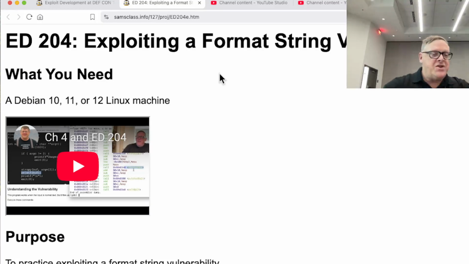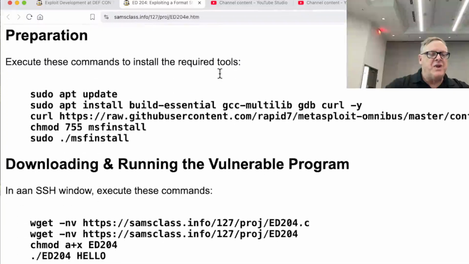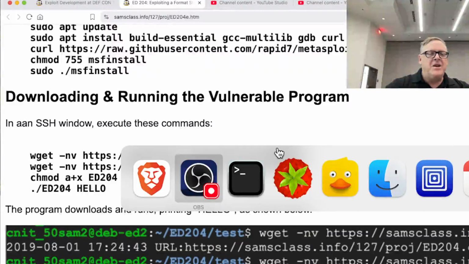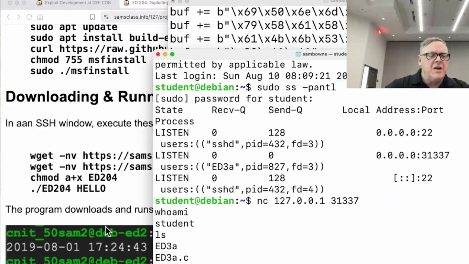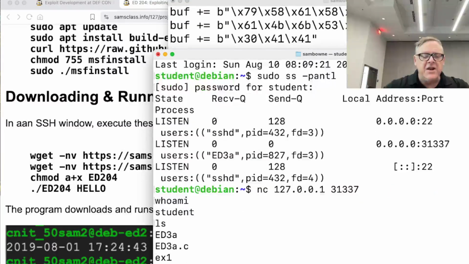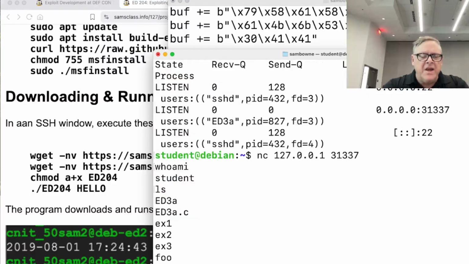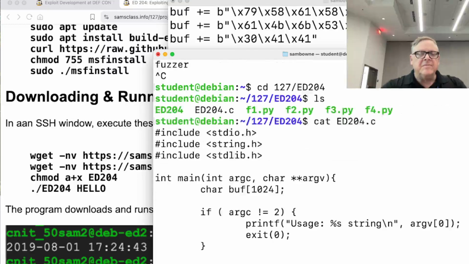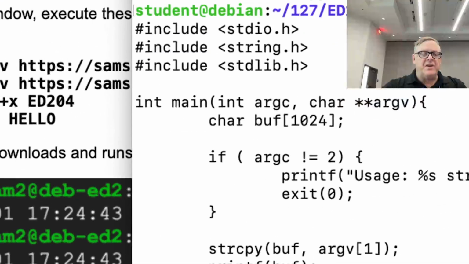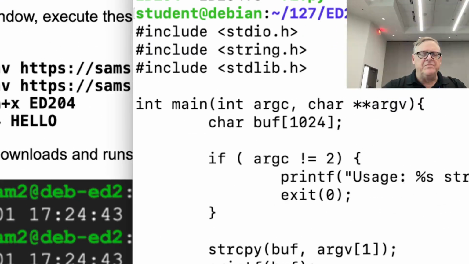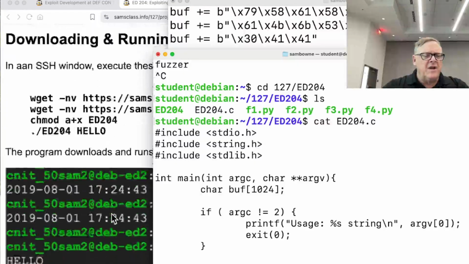And here's an even crazier thing about C. These format string vulnerabilities happen because of how printing works. Let me bring up this program, ED204. We get out of here and go to 127, ED204. Okay, so here's my program. All right, so what we're doing here is...